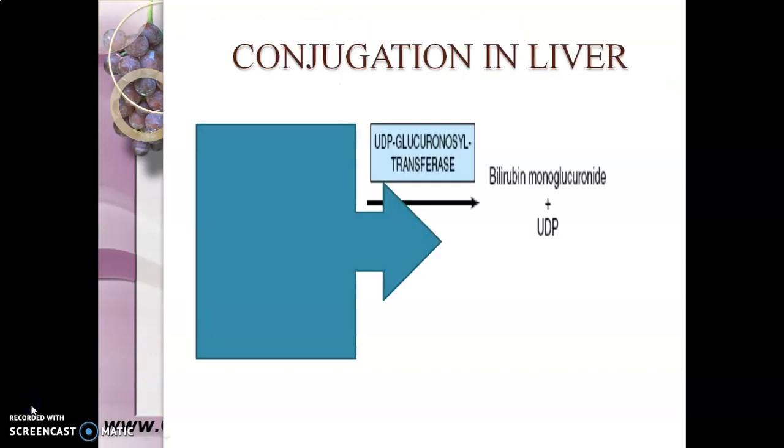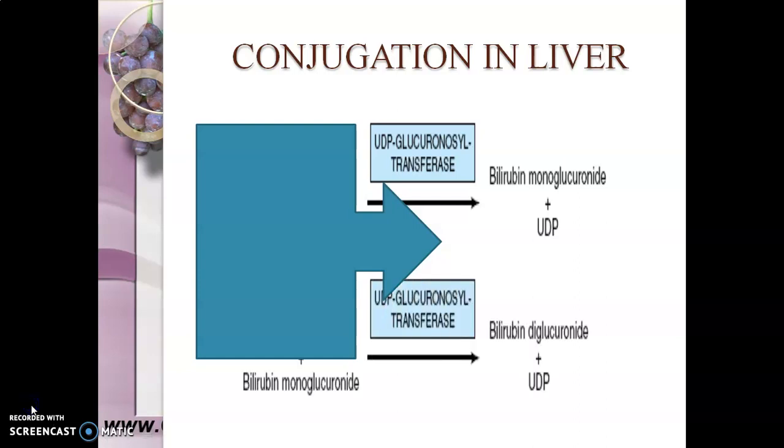Conjugation in the liver is a two-step process. In the first step, UDP glucuronyl transferase converts bilirubin to bilirubin monoglucuronide, and this bilirubin monoglucuronide is again converted to bilirubin diglucuronide. The enzymes are UDP glucuronyl transferase 1 and UDP glucuronyl transferase 2. Both these reactions can be interfered with by a few drugs like primaquine, novobiocin, chloramphenicol, androgens and pregnanediol. So care has to be taken while administering these drugs, as they can end up causing jaundice.